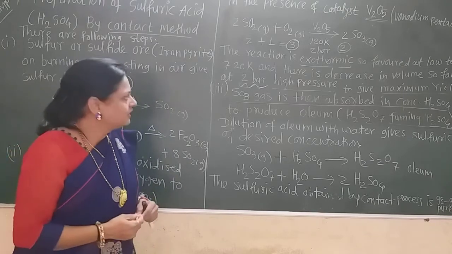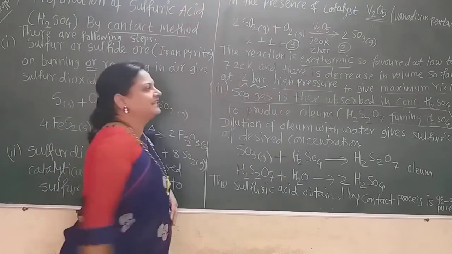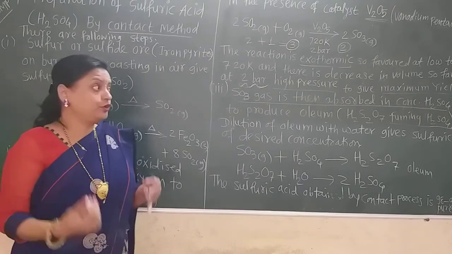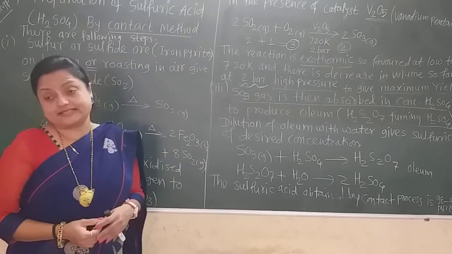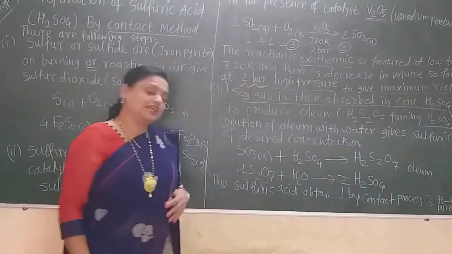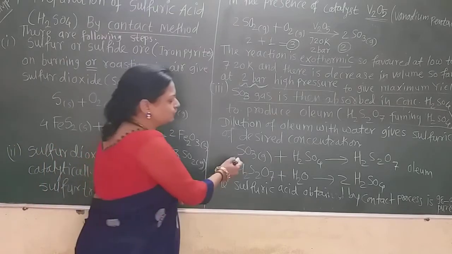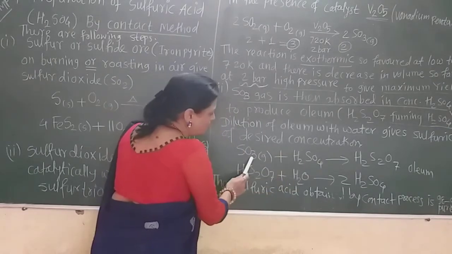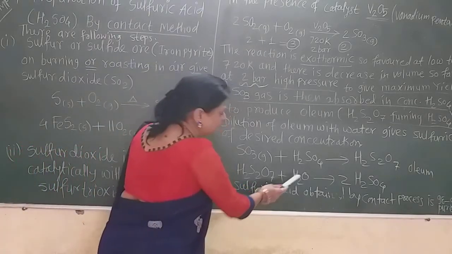remember that. Now the third step is the absorption of this sulfur trioxide gas into concentrated H2SO4 to produce the oleum, that is the fuming H2S2O7, the fuming sulfuric acid. Now dilution of the oleum with water gives the sulfuric acid of desired concentration. So first absorb this SO3 gas into H2SO4, oleum is obtained, H2S2O7. Now this oleum on dilution with water forms the